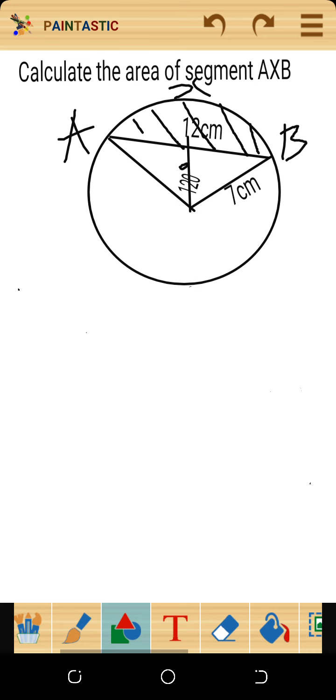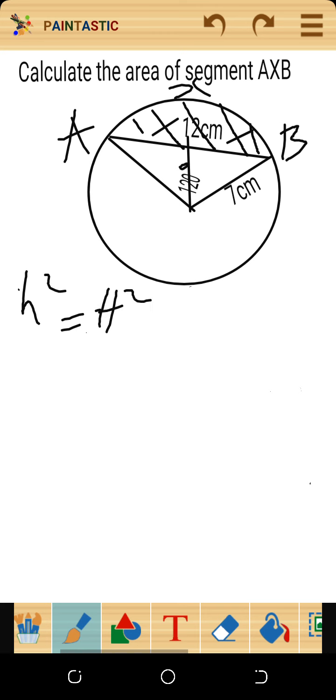So here there will be a 6. This side there will be a 6, and this side there will be 6 centimeters. And altogether, that will form 12 centimeters. So I need to calculate the length of the height. Calculating the length of the height, you can say height squared is equals to